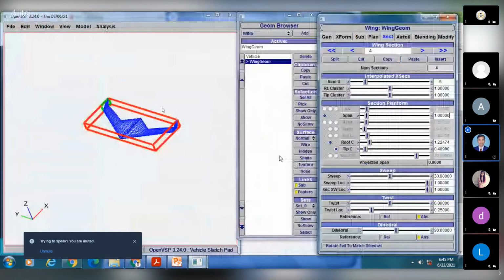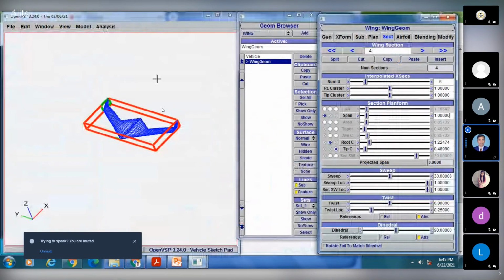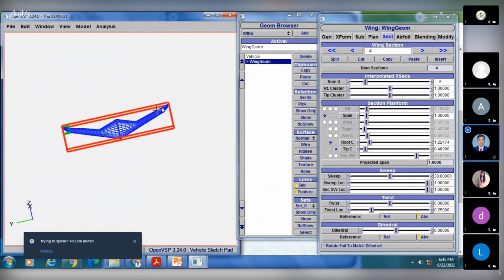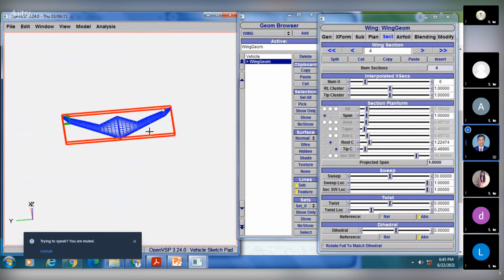Yes, I will do. See, here I will just make that one flat. Just come to the fourth section and change the dihedral. Now the dihedral is 0, which means it is horizontally placed, parallel to the ground.